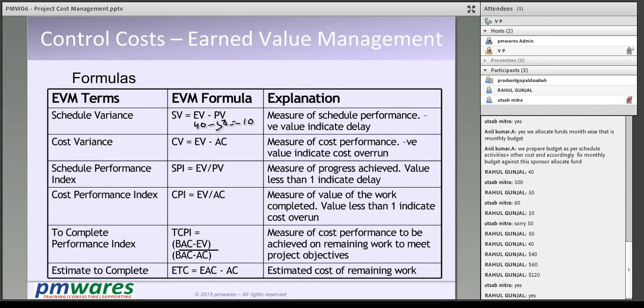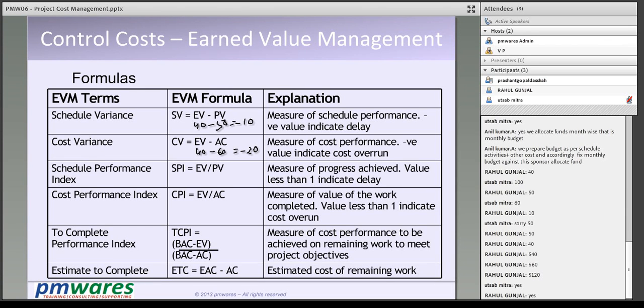Similarly here it is 40 minus actual, that is 60, equal to minus 20. Again, for the cost variance, if it is negative I am overrun, if it is positive I have underrun, if it is 0 I am spending as per my estimates, right? In this case I am much more overrun than schedule overrun. Cost overrun is higher than schedule overrun, right? Now this is the variance on the 5th day, right?